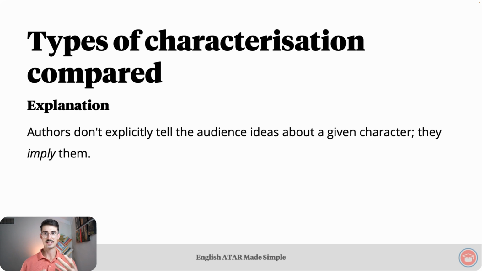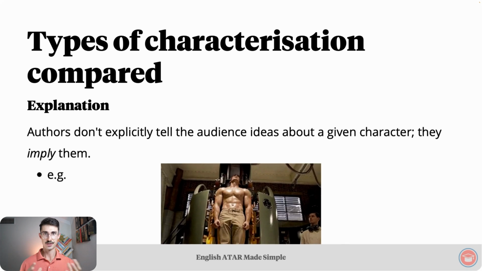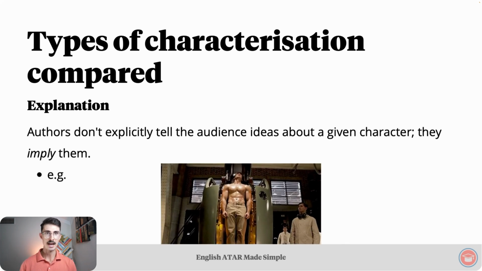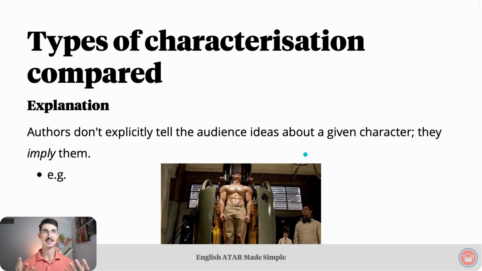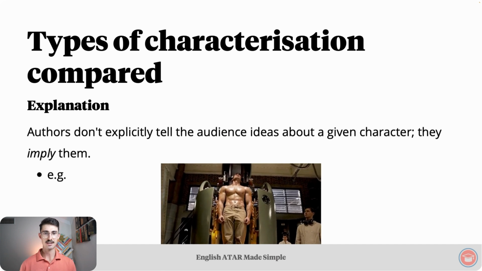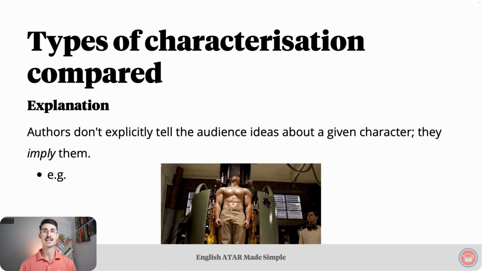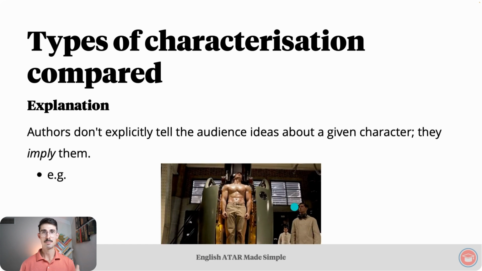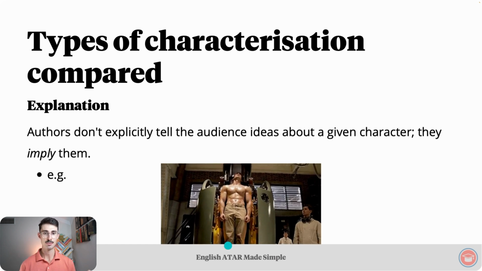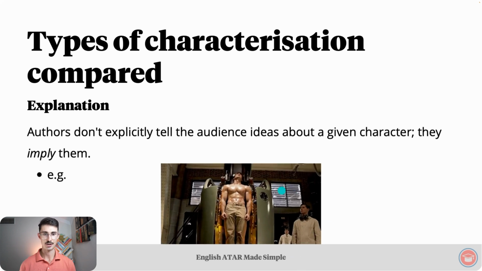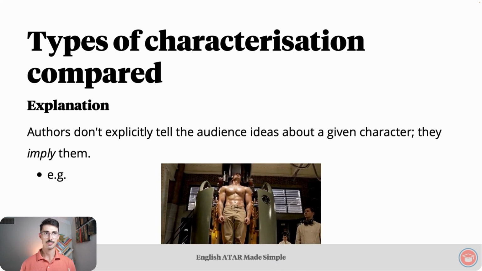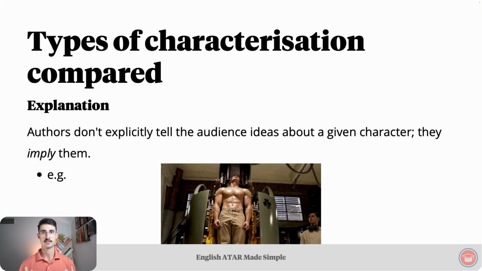The first thing to note is that in imaginative text, you're hardly ever directly told what sort of person a character is. Instead, the author implies ideas about that character. For instance, the director of Captain America: The First Avenger didn't need to include a narration of this shot saying that Captain America is big and strong. The idea about the character that he's big and strong is implied by the size of his muscles and how big he looks in comparison to the other people in this shot, like the 2 dudes in the lab coats here. So that's a fairly obvious example of how an author can imply an idea about a character.